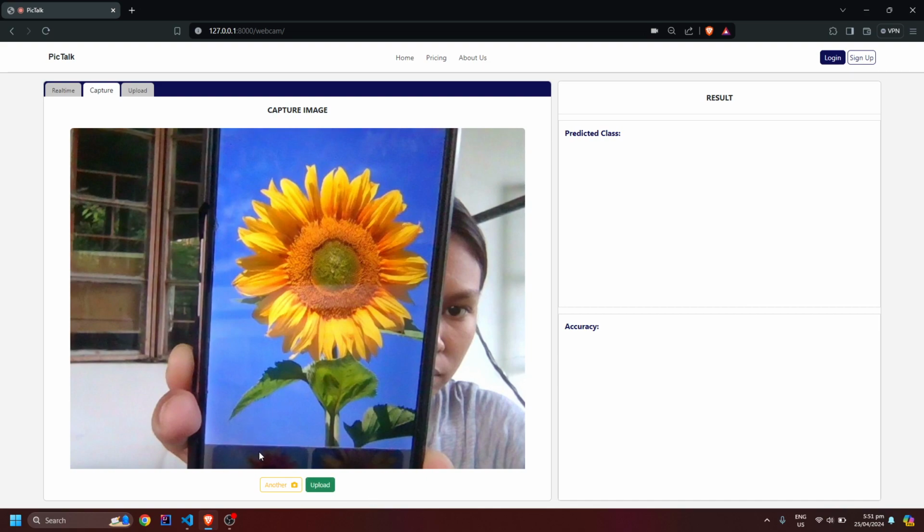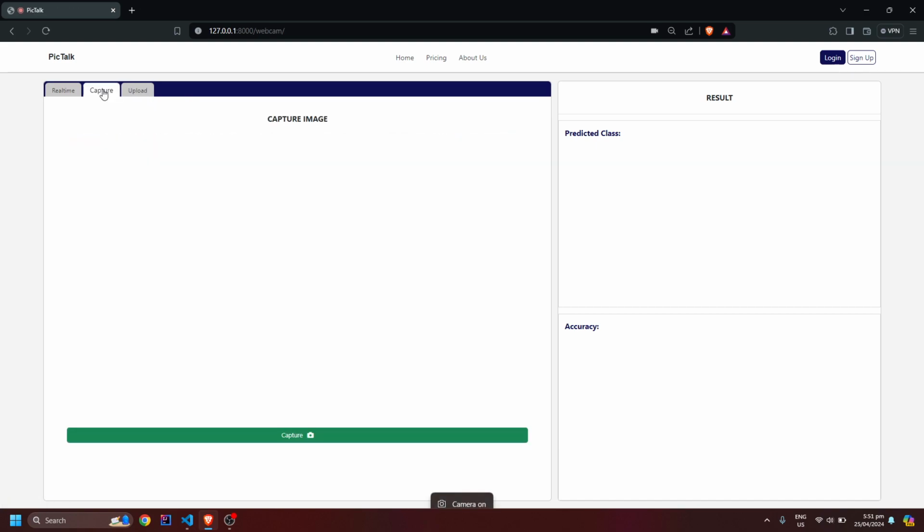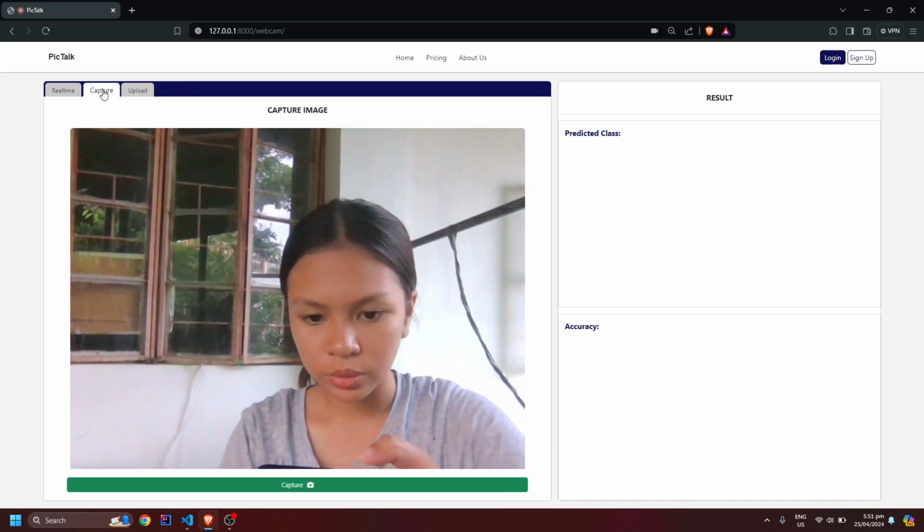After we press the capture button, there will be another button for another or upload. So let's try to upload. So the predicted class of the picture is sunflower, which has 99.36% accuracy. Another one for tulips.